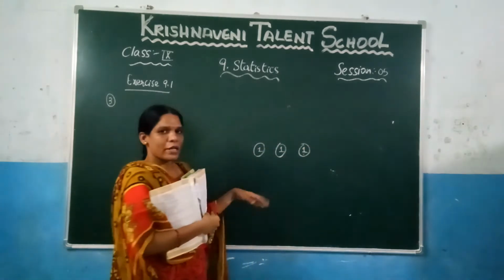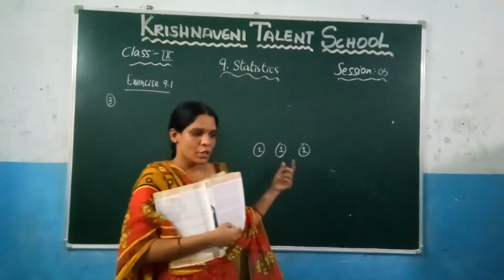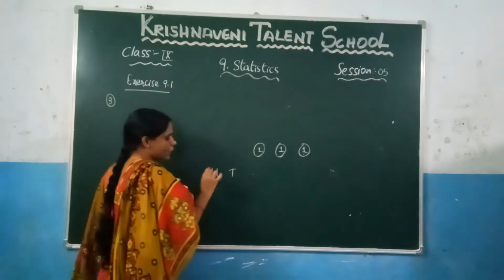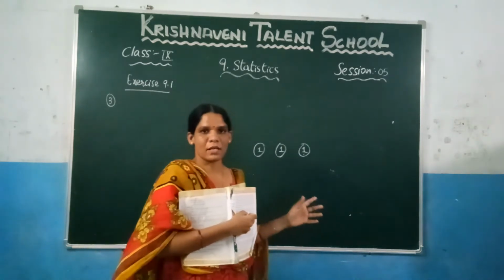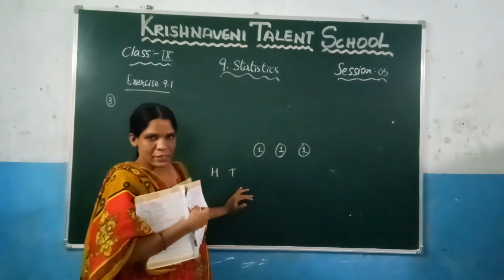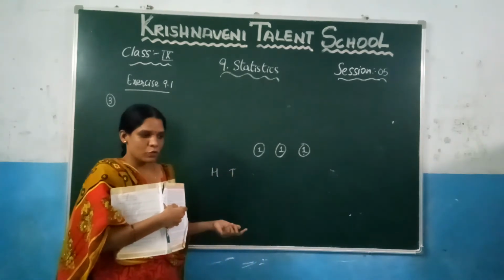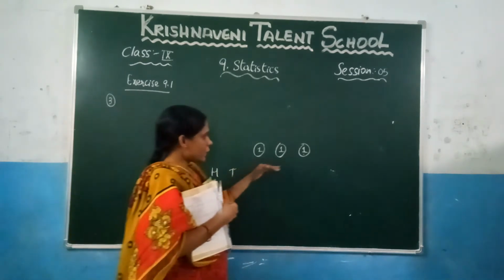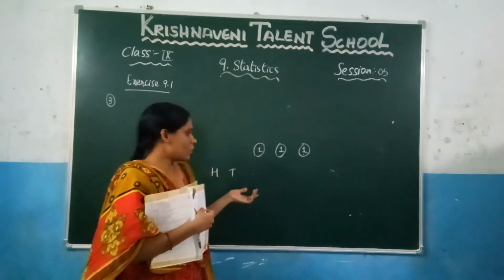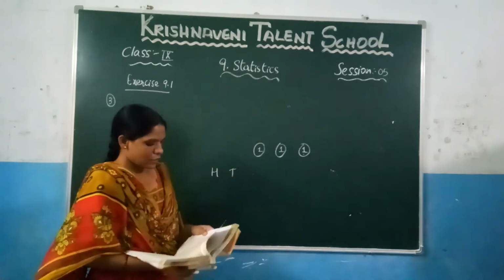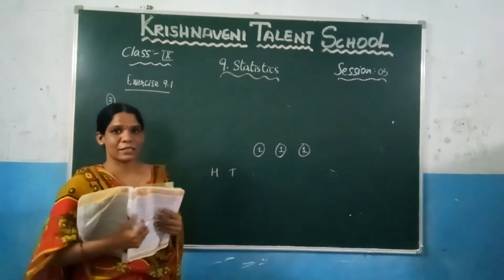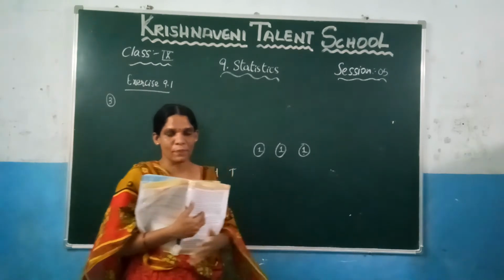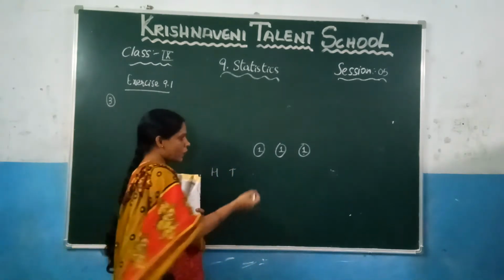Okay. If 3 coins are tossed simultaneously, that means you know that if you toss a coin, either you will get a head or you will get a tail. Only two possibilities are there if you toss a coin. If three coins are tossed simultaneously, that means if you toss them at the same time, what you can observe here, you may get all the